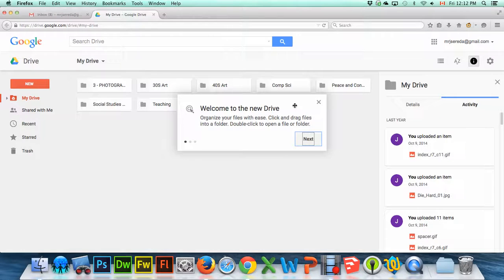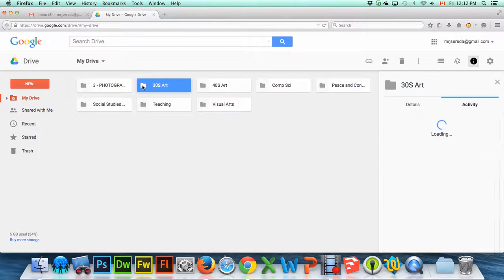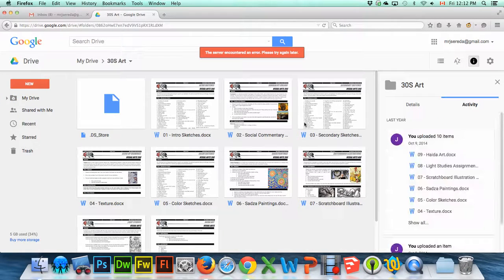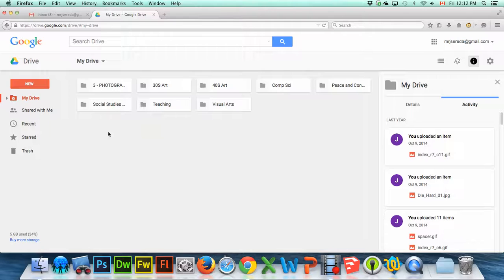I can see that this is where I store all of my work for my classes that I teach. So for example, if I open up the 30S Art folder, all of the files that I've created for 30S Art are contained in here. And I can see that I'm in my drive, 30S Art. So if I go back to my drive, if I want to save a new file up here, for example, if I'm creating an electronic portfolio and I'd like to keep all my documents in one place, what I can do